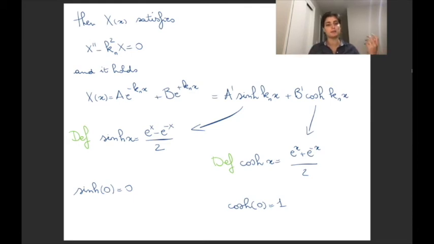So a times exponential of minus knx plus b exponential of plus knx. And we can rewrite this with a new formalism. So we introduce the hyperbolic sine and the hyperbolic cosine. The hyperbolic sine is defined as the difference between exponential of x and exponential of minus x, all divided by 2. While the hyperbolic cosine is defined as the sum of exponential of x and exponential of minus x divided